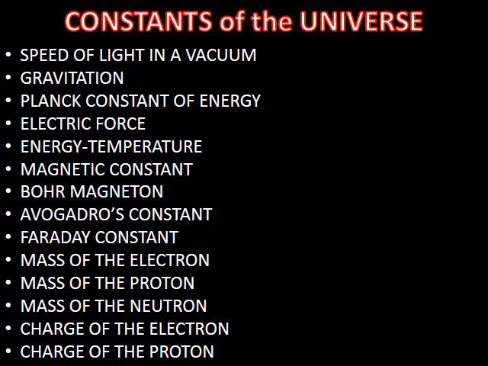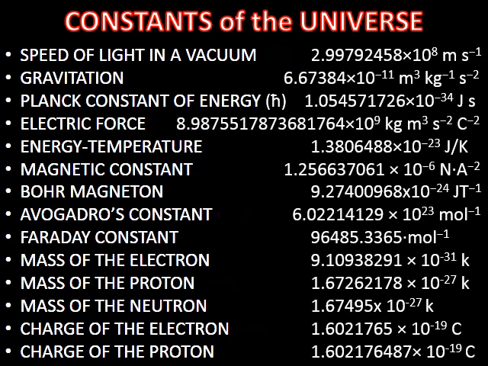This is just one screenful. Some of them you probably well know. For example, the speed of light in a vacuum, electric force, Avogadro's constant, the mass of the proton, the charge of the electron. And look at the numbers. Look at the numbers of decimal places that these have been worked out for. And as our technology of measurement gets better and better, these numbers become more and more refined and more accurate.